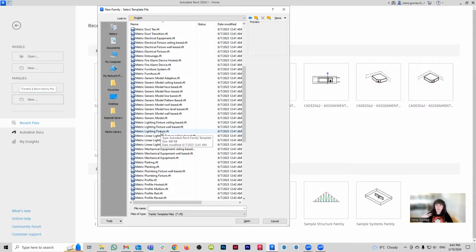Despite the fact that this is a pendant light, I don't want to use the ceiling-based option. The reason for this is that if you choose that option, then your geometry, like your architectural shell, will need to have a ceiling, as in the ceiling category in Revit. And sometimes in projects, people will have a top, but that top isn't necessarily a ceiling category. It might be a roof. It might be a mast that is actually a wall that is bending. So in general, I try to avoid the category-based options, just because I find that they usually come to bite me later. So I'm just going to go with metric, lighting fixture, and then open.